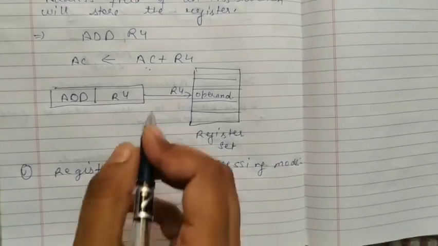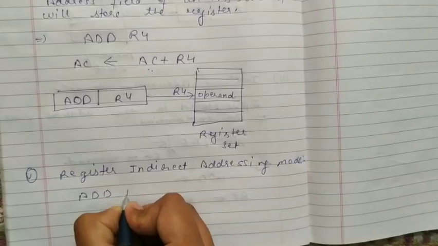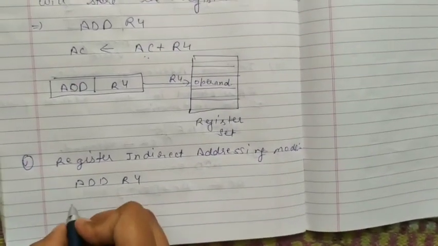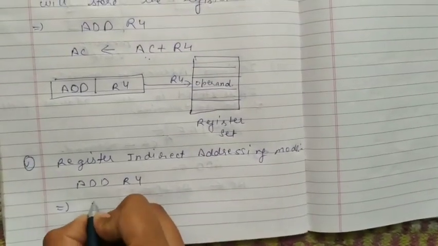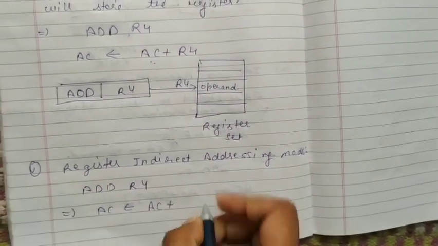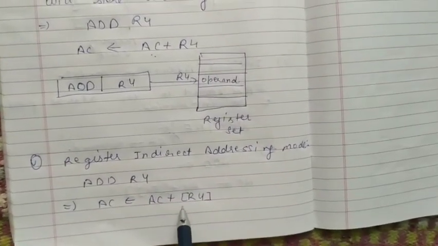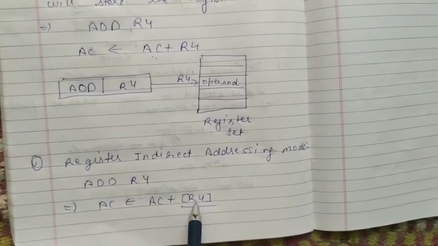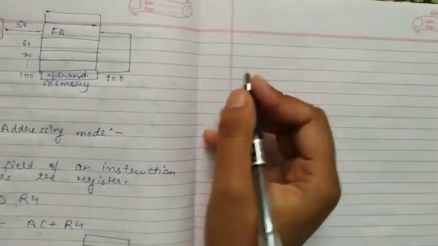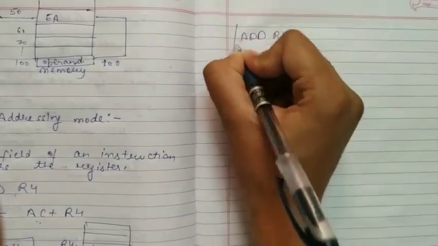Now how will it work? Suppose we have the same instruction add R4, then after expansion it will be written as accumulator plus the memory at R4, meaning that the operand will be stored at the memory location which will be given by this R4. And how can we represent it in the memory? It will be as add R4